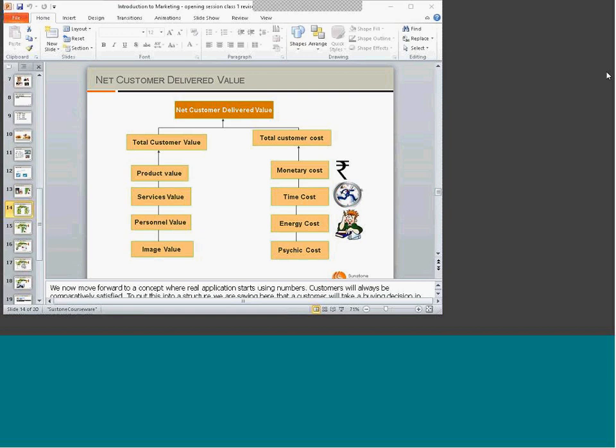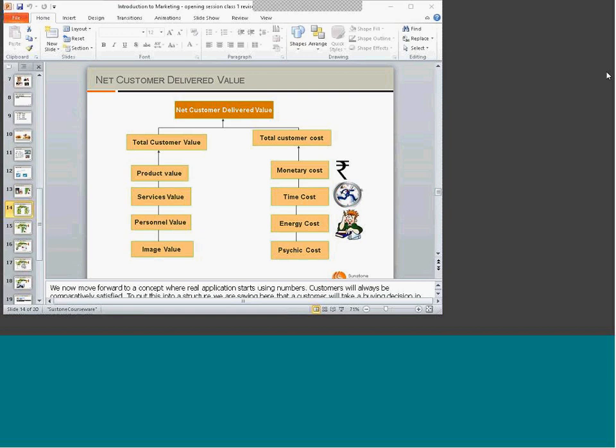That premium you are willing to pay, say 1,000 extra, becomes the psychic cost. Psychic cost is that cost which makes you change your decision in favor of another. There is a brand, there's certificate, there's legitimacy. This is where you can understand today that online retailers, for any product which they try to sell at the same price as an offline retailer, despite the saving of time and energy, it's unlikely that any customer will buy. They make it cheaper because there is a psychic cost.